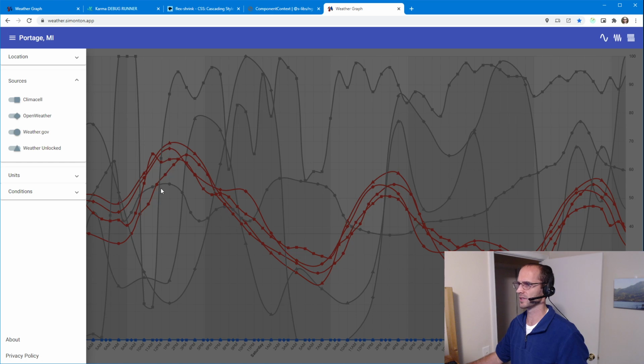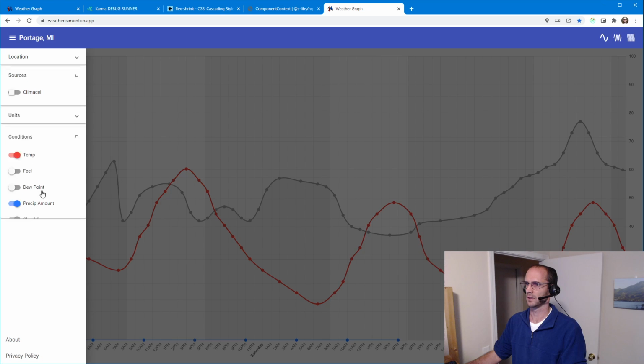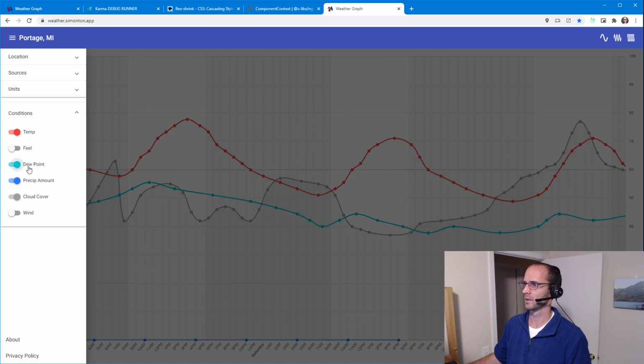The cloud cover, you can see they're way different from each other in what they're predicting. But for the sake of demonstrating here, we got the feels like temperature. Different forecasters use different words for that. It's all proprietary, how they calculate this. The dew point,